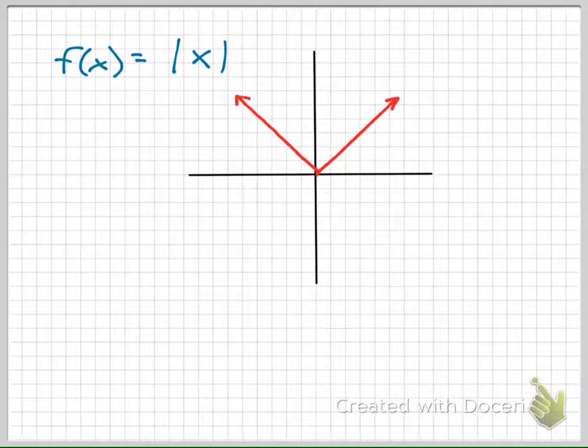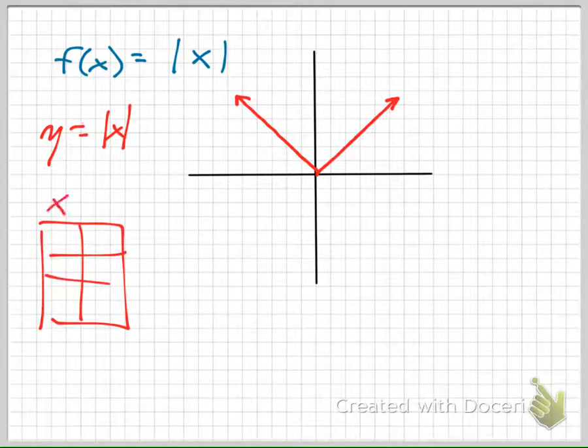It makes a V. And its epicenter, its center, is at the origin. Okay? How would I know if that's true? What could I do with this to find out if that's true? Make a table, right? Turn this into, what is f of x also equal to? Y. So let's do that. Let's go y equals the absolute value of x, which is make a table